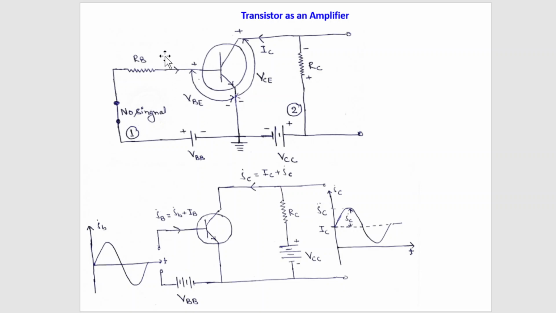When there was no signal, then current was whatever current was flowing. When there is signal, then whatever current is flowing. So when there was no signal, that we will call zero signal. So this instantaneous applied input current will be superimposed on zero signal input current. Then we will give a new notation, that is small i capital B. Small i capital B means total current, and small i small b is current that is purely AC signal, that is instantaneous signal. And capital I capital B is purely DC signal,